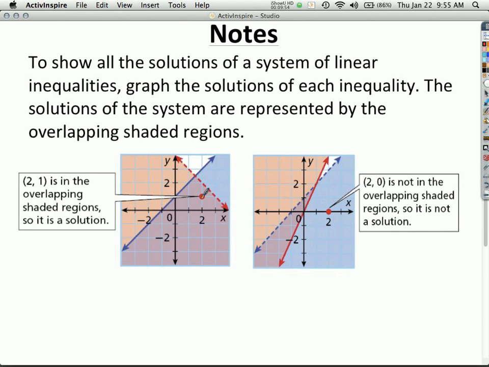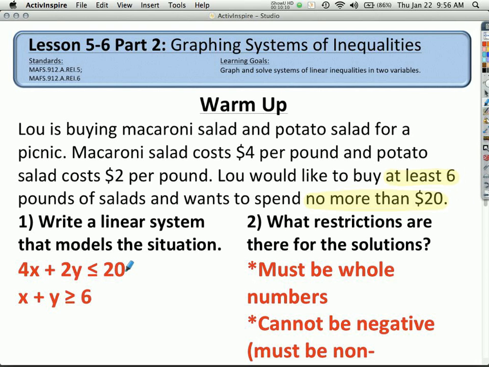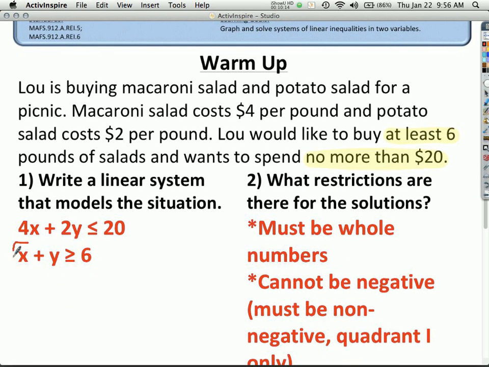So this is a solution, this is not a solution, but again, the point is we're looking for a whole region. Okay? So if I relate it back to this, we can't solve this using elimination. We can't say, okay, multiply the whole thing by -4 so that we set that up and then cancel and find the x and y.